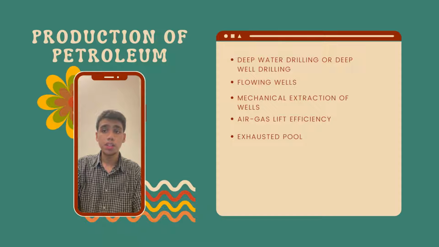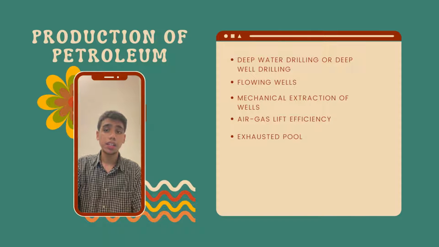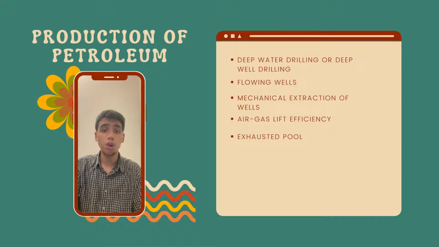This is done by freezing off wells as a result of rapid expansion of gas together with the formation of ice in the well itself. After that is the mechanical extraction of oil. This is done by the process of pumping and plunging to raise the oil to the surface from depths of 5,000 to 10,000 feet. We also have air gas lift efficiency, which is the process of paraffination of oil where